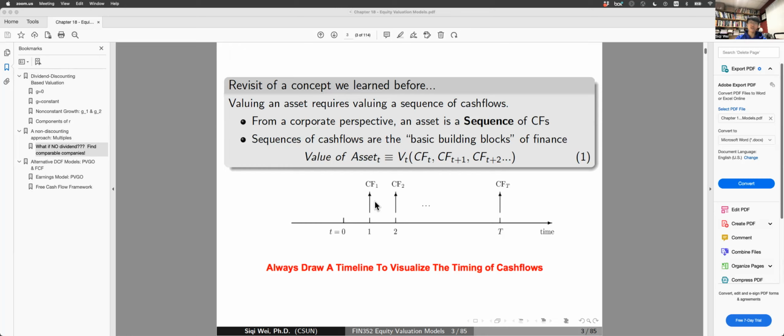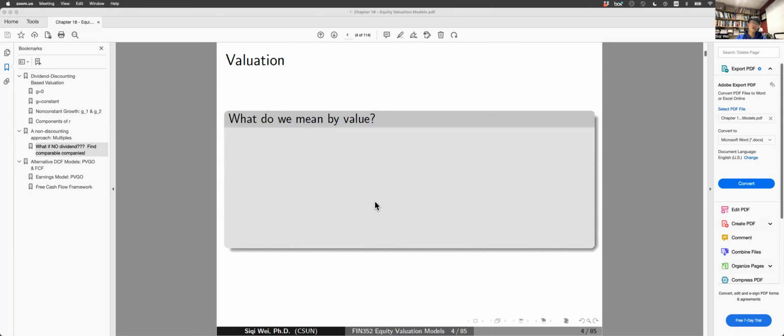A timeline of the cash flow is extremely important. You always want to identify the cash flow patterns in the first place. Okay. Now,